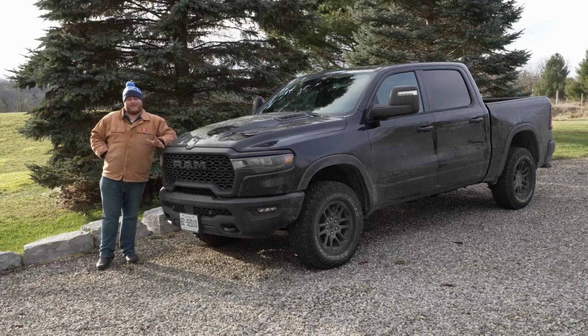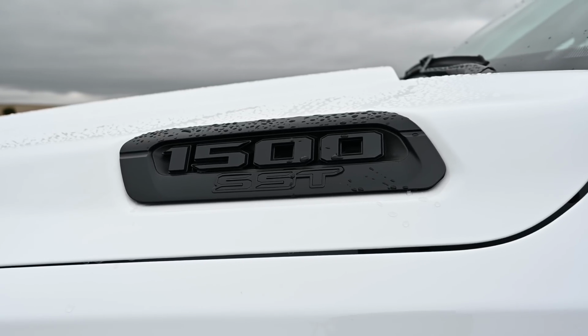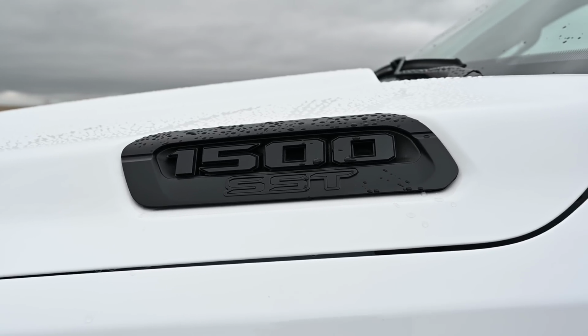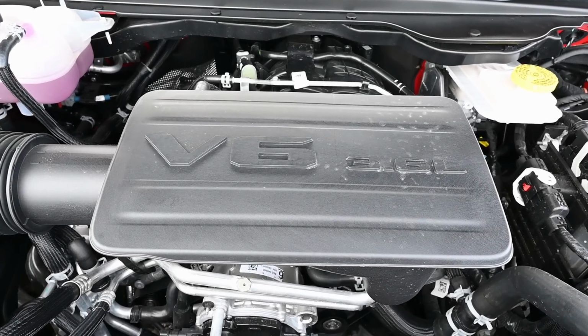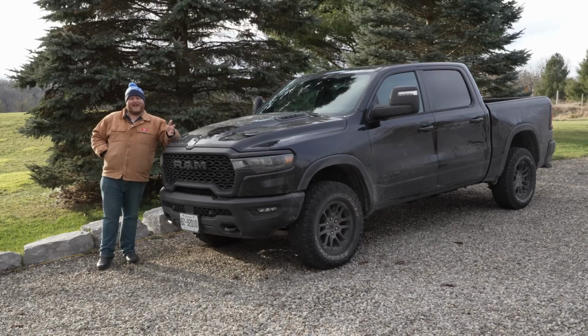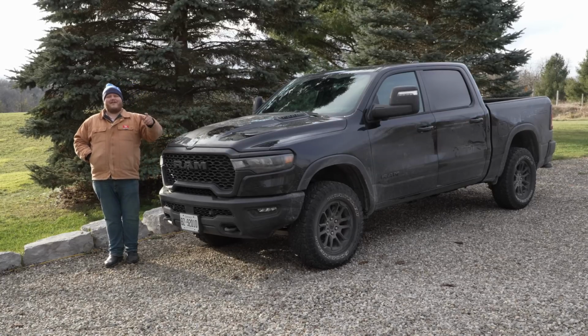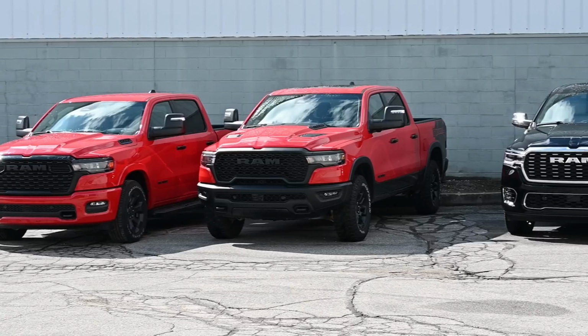And yes, if you're gonna complain about reliability with the Hurricane, it's fair. It's pretty much an unknown at this point because this engine is brand new. On the flip side, that 3.6 V6, the Pentastar, has been in everything for a long time now. So if you are looking for the most reliable engine in 2025, you might want to just stick with that base V6. But anyways, let's now look at the entire lineup because we actually had the chance to drive every